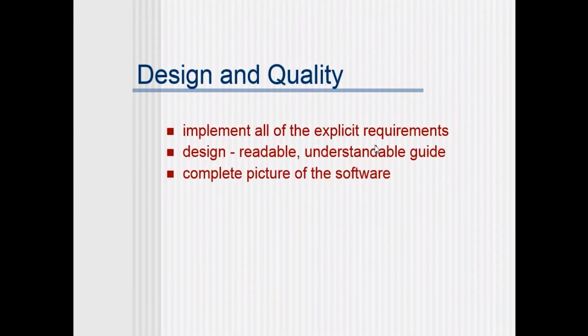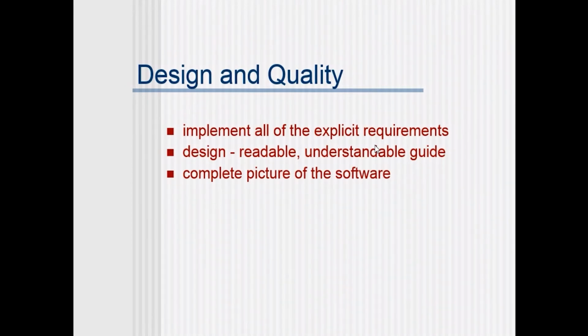Now, when we talk about design, quality is important. Quality is the important factor in the overall software development life cycle. The aim is nothing but good quality software. So, how can we achieve that? The first thing is the design must implement all of the explicit requirements which are contained in the analysis model,